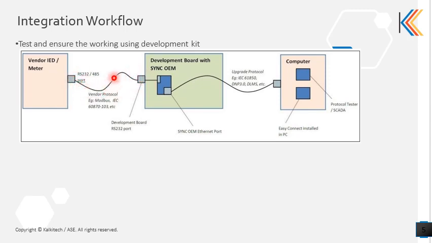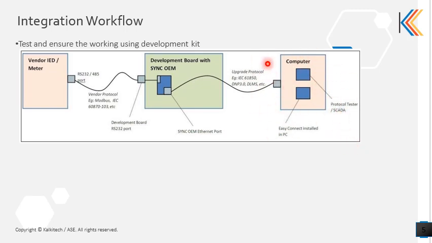So you can connect using an external cable. Your vendor device can be connected onto the development board, and the OEM board, that is the SYNC200 Ethernet port, can be directly connected to the computer with a protocol tester, and you can do a mapping from Modbus to 61850